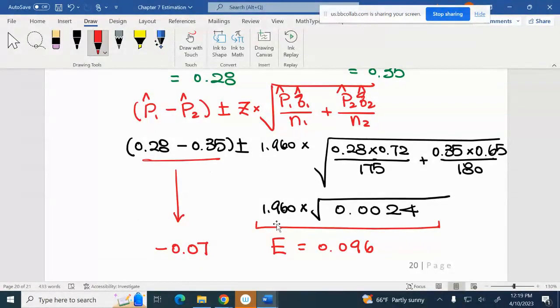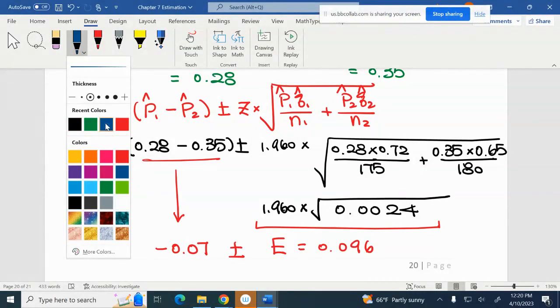Can it be negative? Proportion? See, it is not a proportion. Who is this? Proportion difference. The difference can be negative. You know the proportions are never negative, right? But it is not the proportion, but the proportion difference. The difference can be negative. Yes, why not?